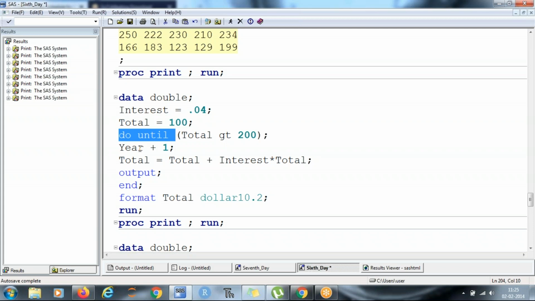And that's why we are using this greater than symbol. So we are saying do until total greater than 100, and we are adding year plus 1 so that we can calculate the number of years. And the next statement is the statement for calculating your interest rate, and output and end.